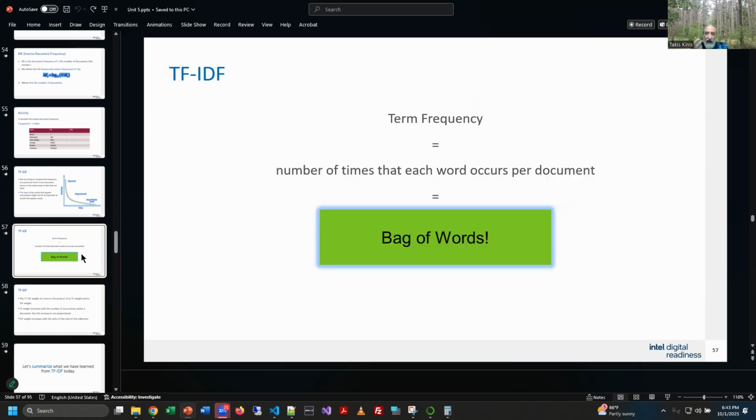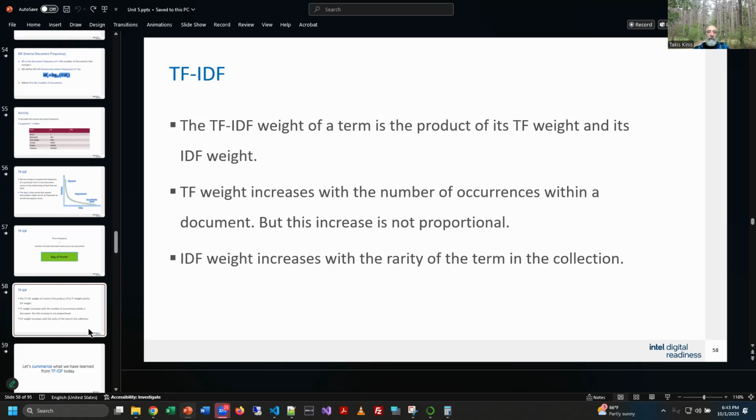So here's a way to look at it. Look at how often a word occurs, how many times each word appears per document. That's like bag of words, right? I mean, that's really the TF part of TF-IDF, it's really bag of words. We're not breaking it down the same way, but that's what we're looking at. It's how many times does a word happen? Right. And it says